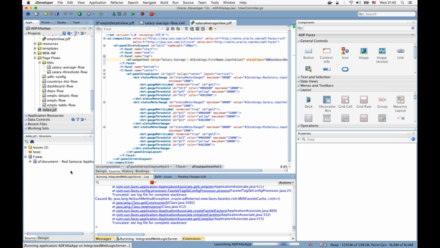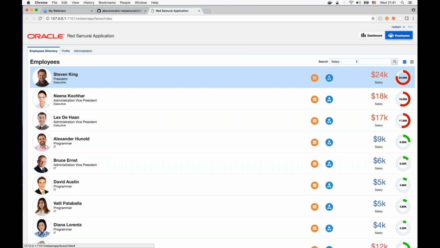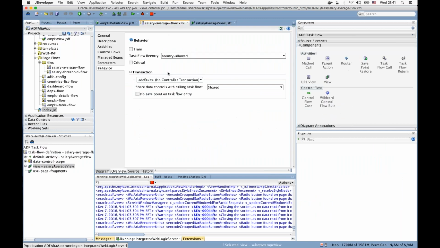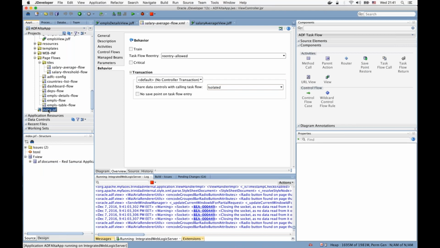And we'll see how it works now, and then I'll change to isolated mode, and with isolated mode you will see that the value will not be synchronized anymore. So to give you some feeling of the difference between shared and isolated mode. So now I go to dashboard. Okay, now it's given, and now click next, and you see it's being automatically refreshed, even though it's a different region. Okay, now if I go back to the task flow and change here from shared to isolated, and do refresh,